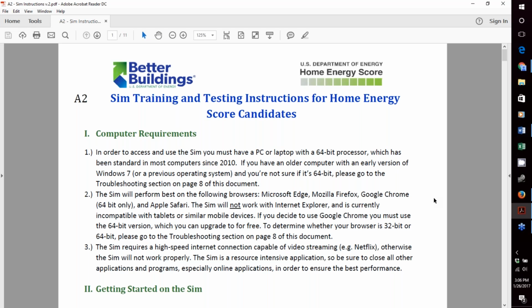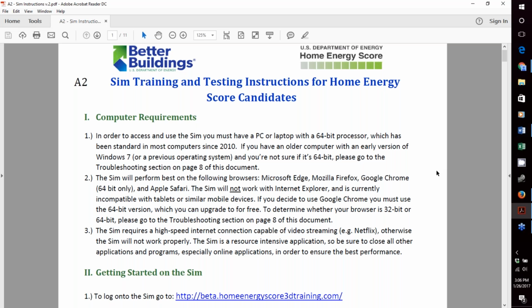Essentially, candidates to become Home Energy Score assessors need to work through a partner program, and once their partner wants to register them for the Home Energy Score program, they need to go through the SIM training and testing. This is the main document I send to the candidates during registration, and it's about an 8 or 9 page